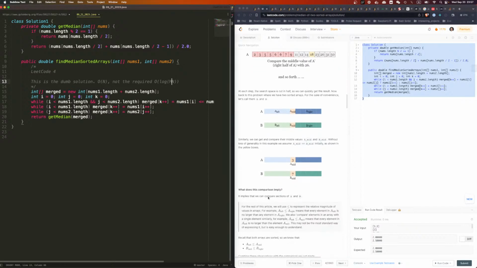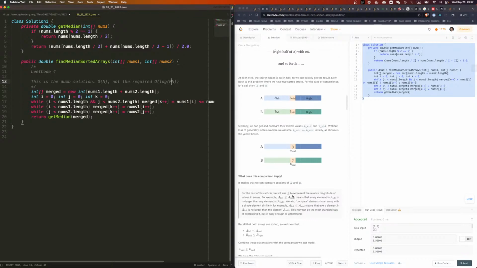This implies that we can compare sections of A and B. We use this to represent the relative magnitude of values. For example, this means that every element in A left is no larger than any element in A right. If this is smaller or equal to this, that means everything here,